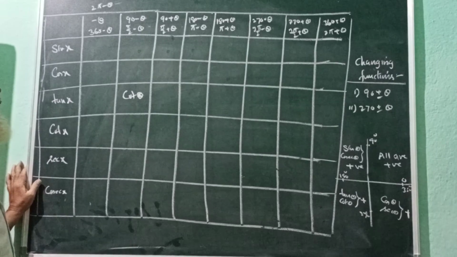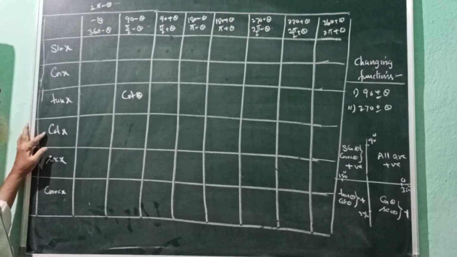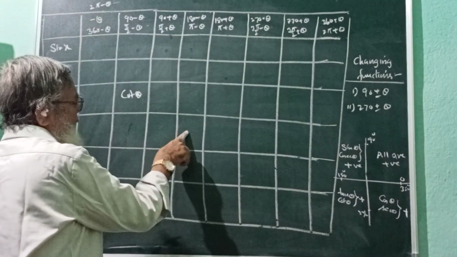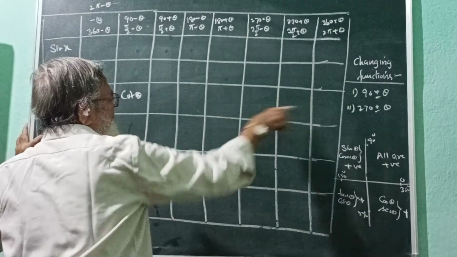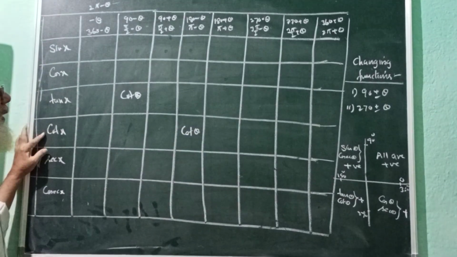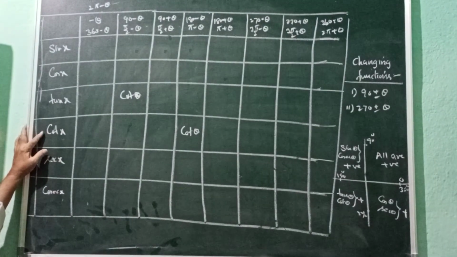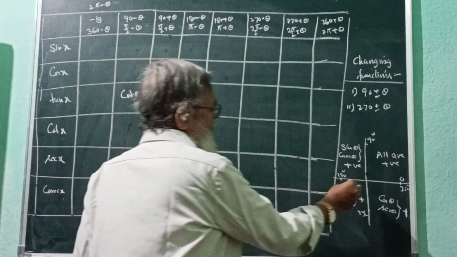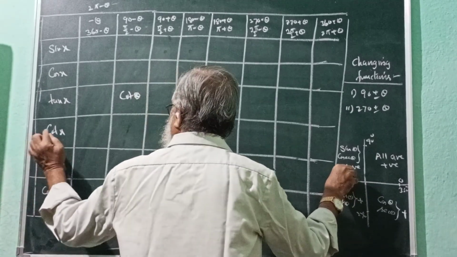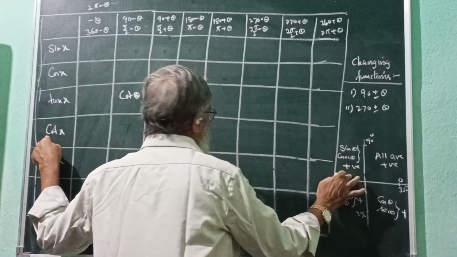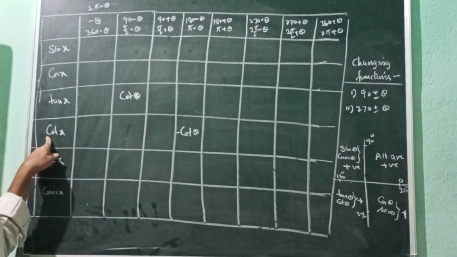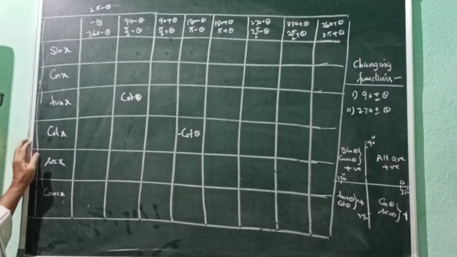Similarly, let us write down the value of cot 180 minus theta. 180 means it is not a changing angle. The value will be cot only. But whether it is plus cot theta or minus cot theta, we have to check. So 180 minus means it is in the second quadrant. In the second quadrant, cot is negative, so it is minus cot theta.